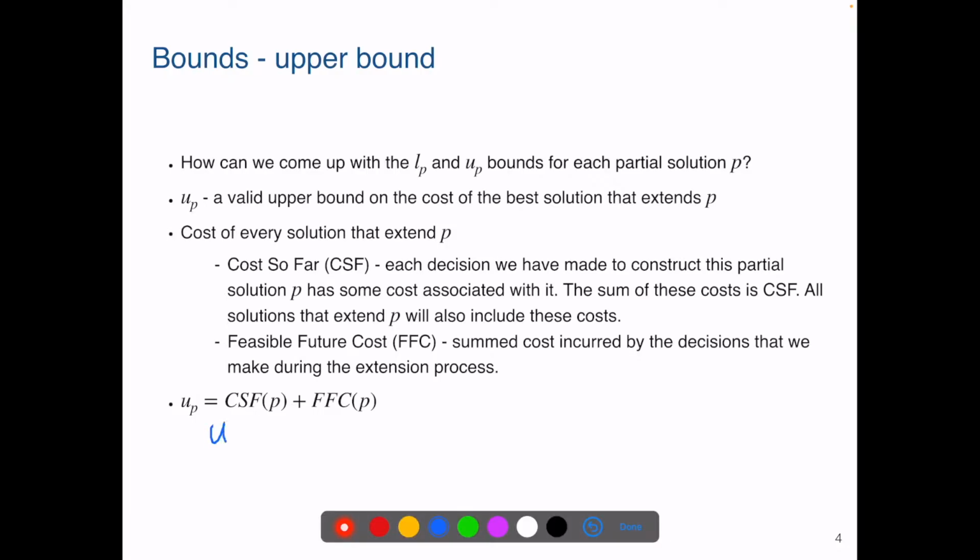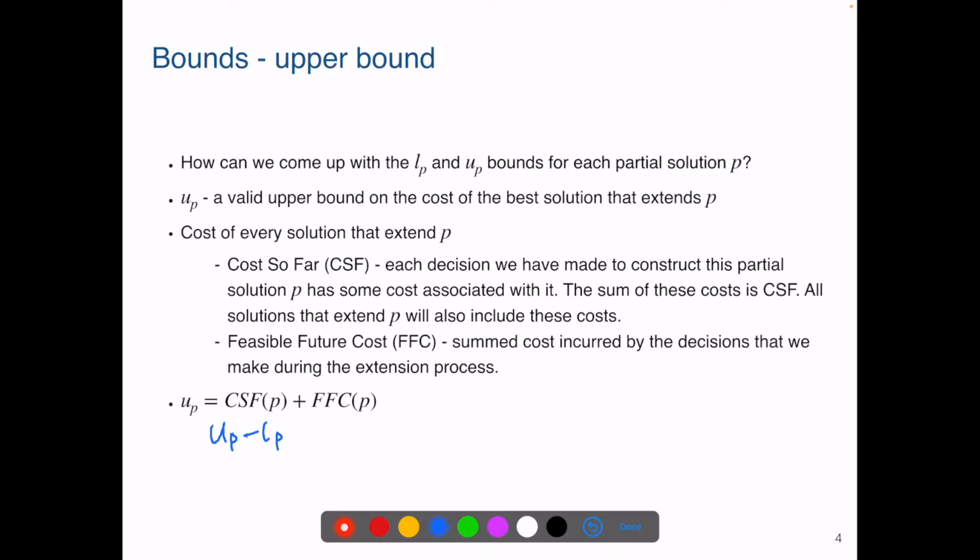We can think of UP minus LP as the ambiguity of P. If they are far apart, we have very little knowledge about the best solution that extends the partial solution P. On the other hand, if they are close together, we have a very good estimate of the cost of the best solution that extends P. Also, the closer together we can bring UP and LP, the less likely that different partial solutions will have overlapping bounds. And if the bounds for two different partial solutions do not overlap, then we can throw one of them